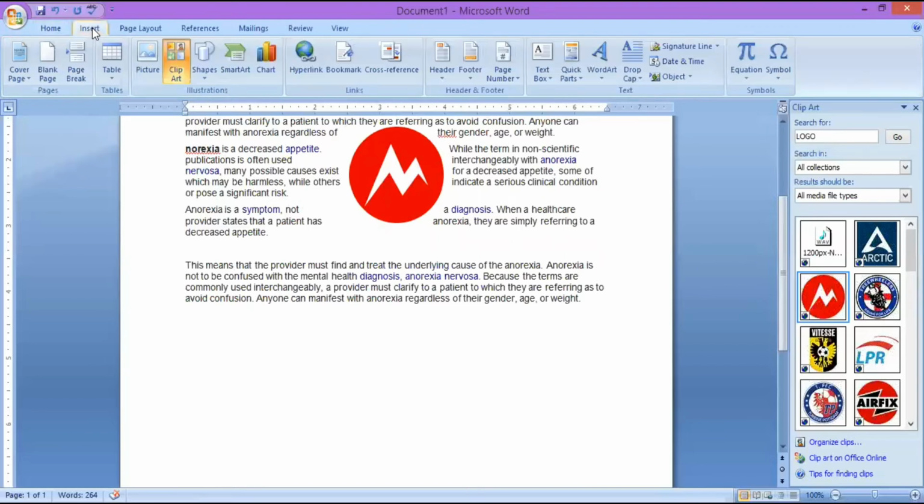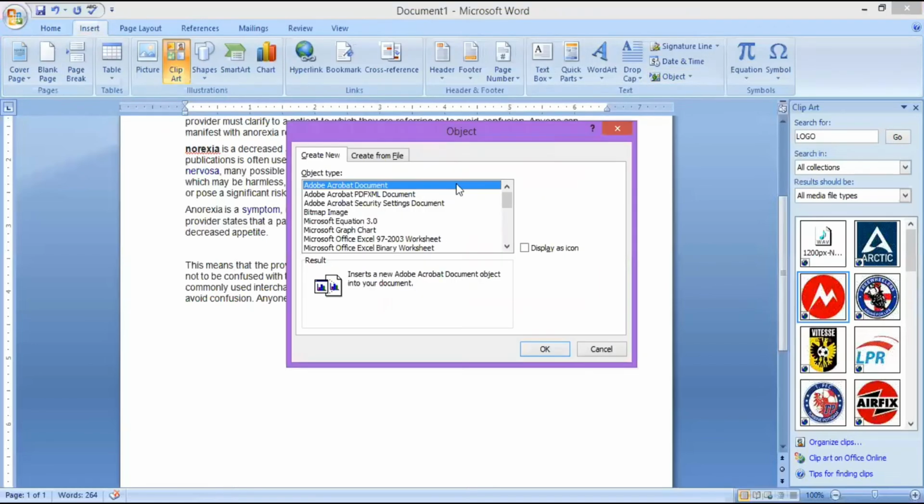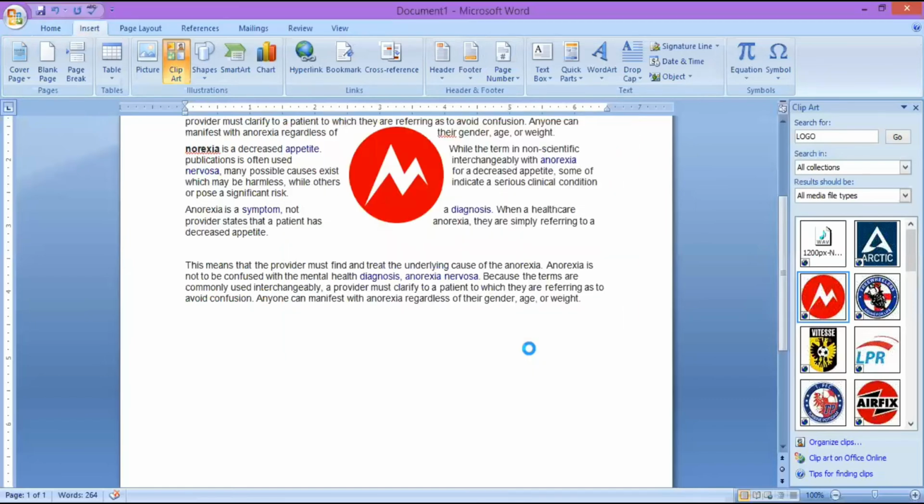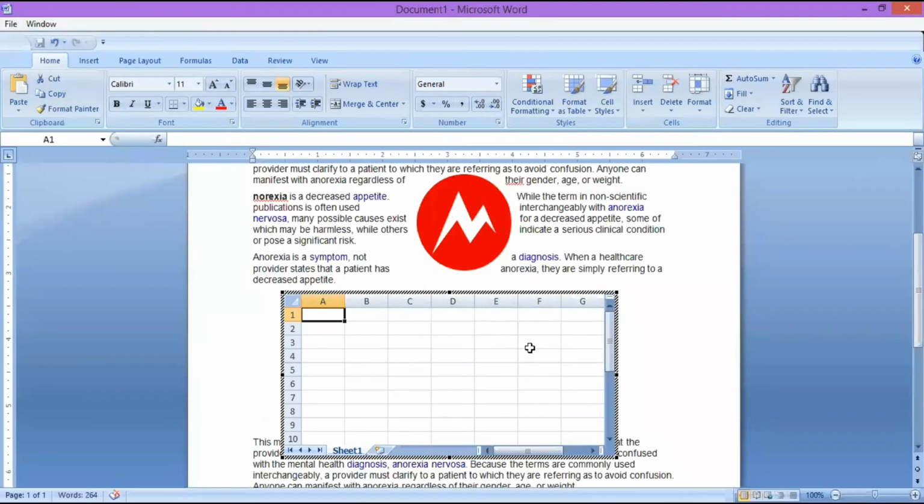Even that can be done by clicking on Insert, and then I have the Object option here, and click on that. Now I will insert an Excel sheet for you. I'm clicking on Excel. Now you can see the Excel sheet displayed here, and you can use this within this document.